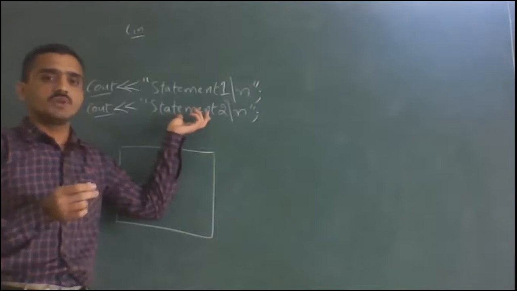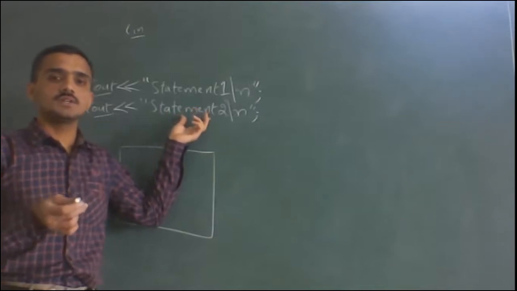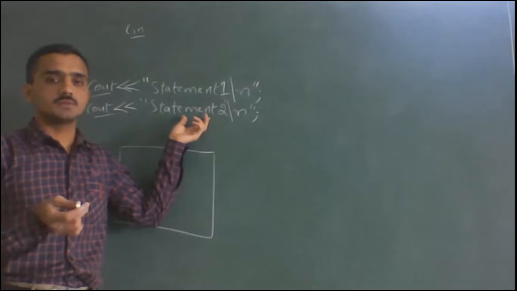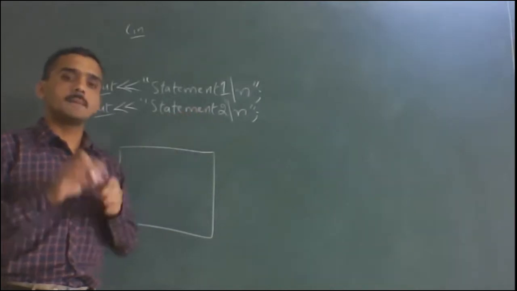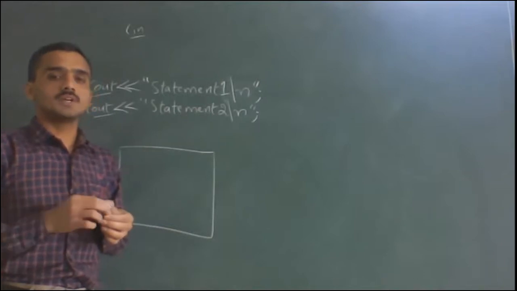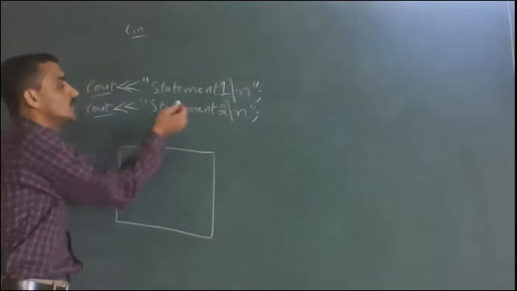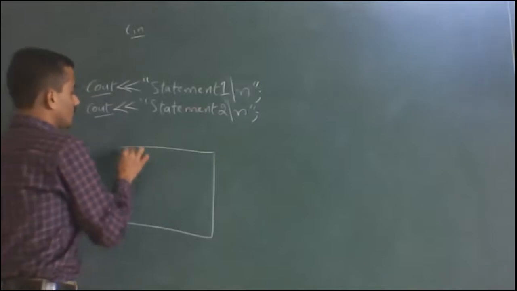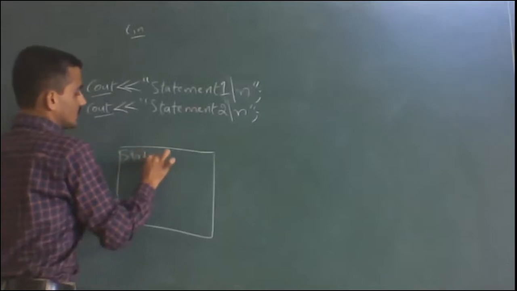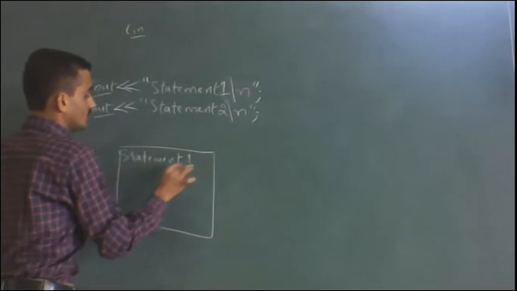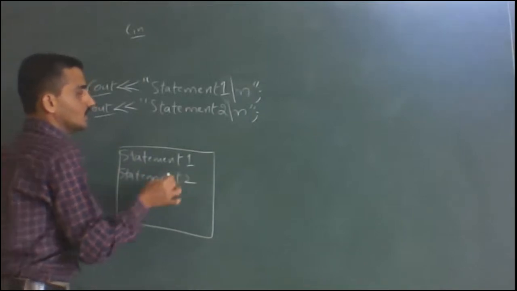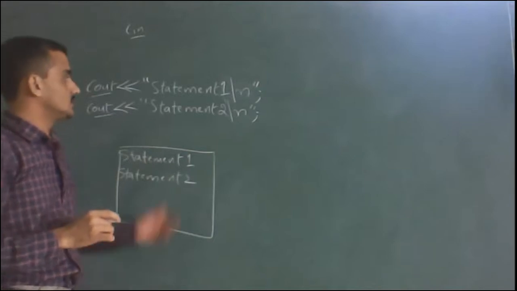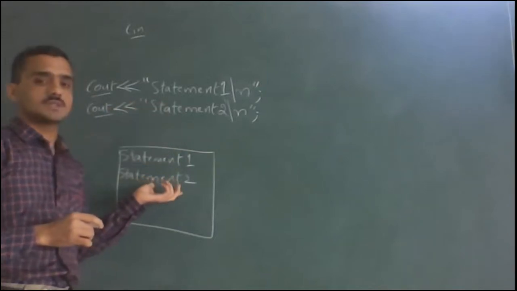As I said, even if you don't write any if conditions or any control statements in the program, program control is still there. But when we apply them, we will come to know the application of control statements. If we don't apply any control statements, then normally it executes like this: statement one, statement two. So it's a very simple output. I hope everybody knows this. You just write those statements.